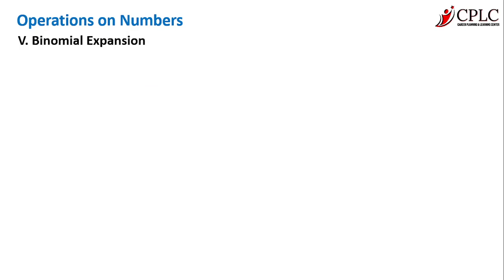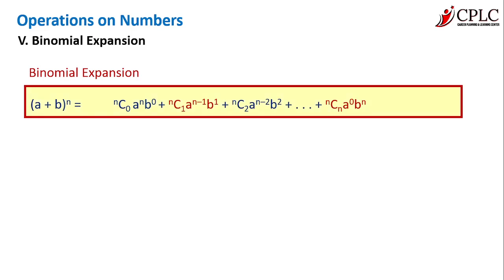Okay, now moving on, last bit, binomial expansions. So for binomial expansions, there's a formula that you have to remember, that is (a plus b) the whole raised to n. It is nC0 a raised to n b raised to 0 plus nC1 a raised to n minus 1 b raised to 1 plus nC2 a raised to n minus 2 b raised to 2 and so on and so forth till the last term becomes nCn a raised to 0